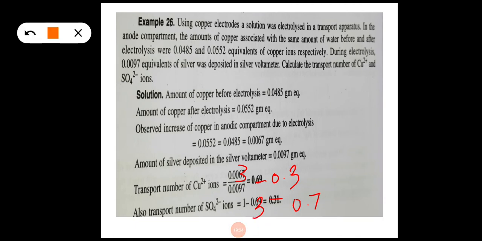So the amount of silver deposited in the silver voltammeter is these many equivalents. If these many equivalents are deposited, the same number of equivalents of copper will be brought into the solution. So the initial concentration is 0.0485, and if the same number of equivalents, 0.0097, are brought into the solution,